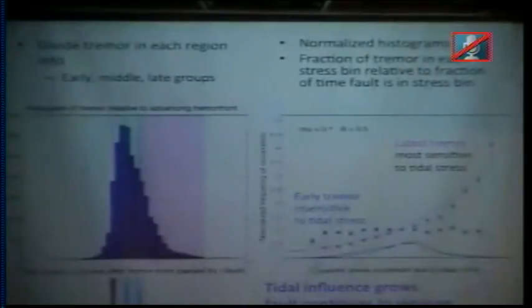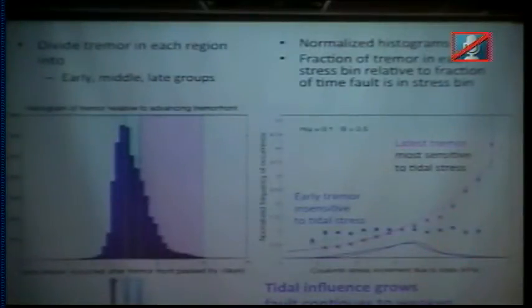Yeah, so coming back to Victor's question, actually there is sort of time in that picture, like there are the 3 time periods, but also the negative Coulomb stress refers to a point in the cycle, no? Right. So every tremor has a tidal stress associated with it based on its location and its time. So for every tremor, I have a tidal stress change, so we can associate the right part of the graph of the